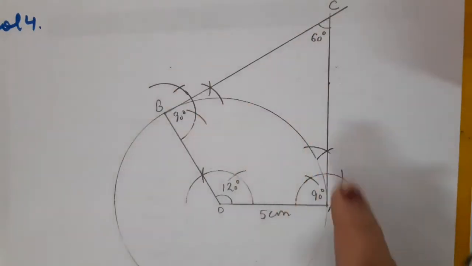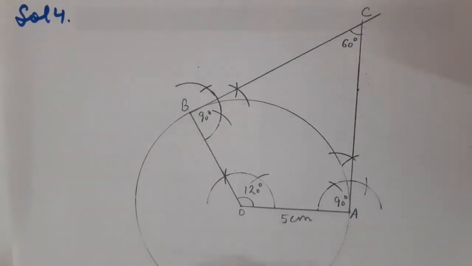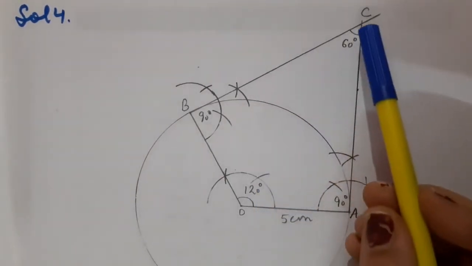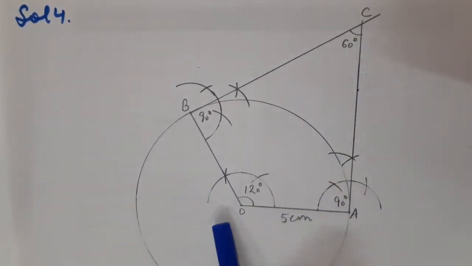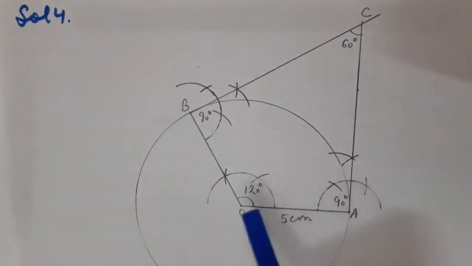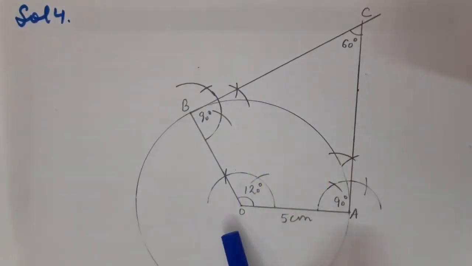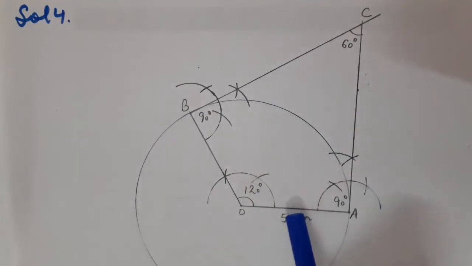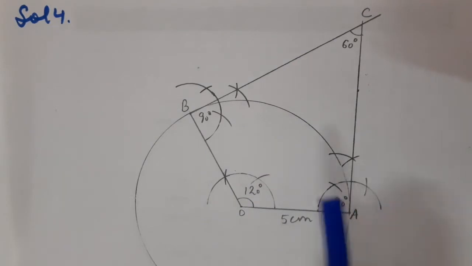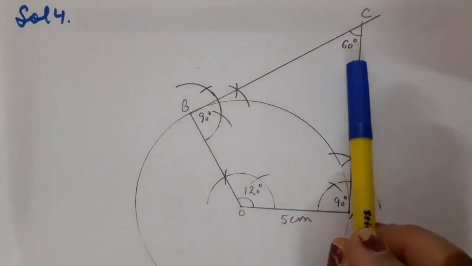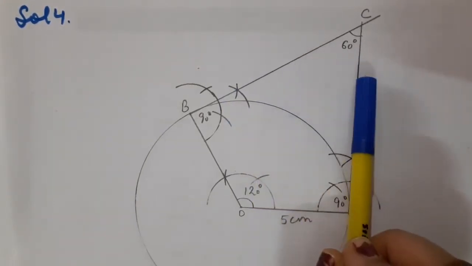So here we can say that both the tangents are inclined to each other at the angle of 60 degree. In justification, what will you write? You will be writing that angle CBO is equal to 90 degree. CAO is also 90 degree. Okay. Angle BOA is of 120 degree. So as we know that CAOB is a quadrilateral and the sum of all the four angles of a quadrilateral is 360 degree. So 90 plus 120 plus 90, that would become 300. When I subtracted it from 360 degree, I have got 60 degree as the angle which is made by both the tangents from the external point. Okay.